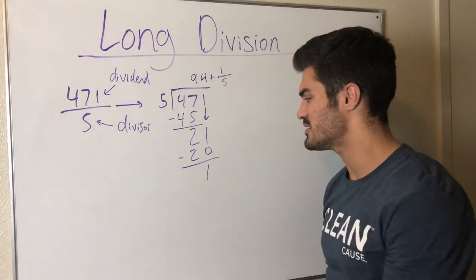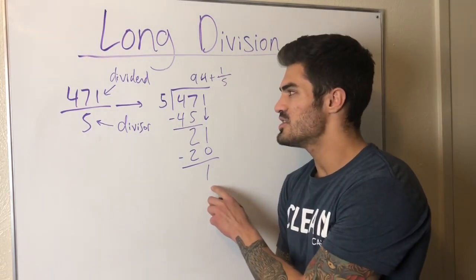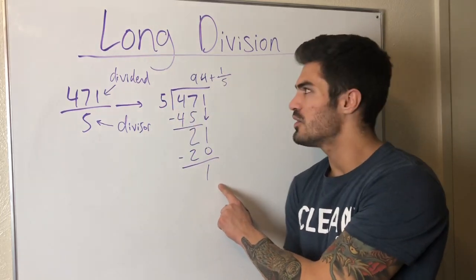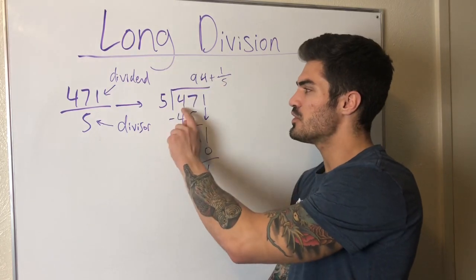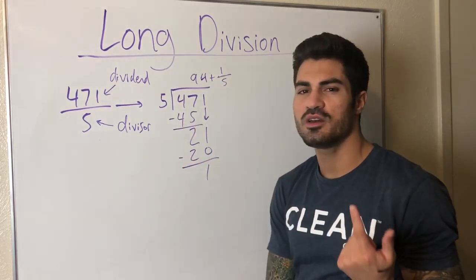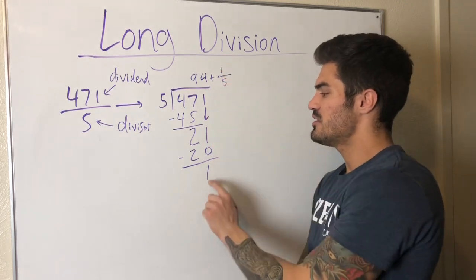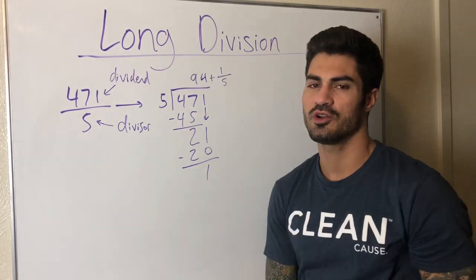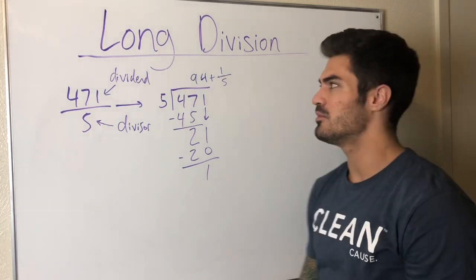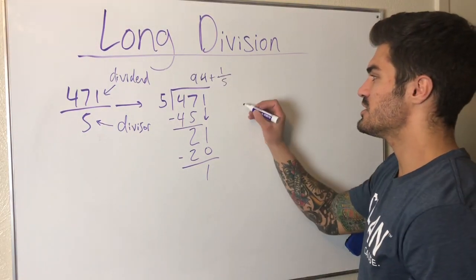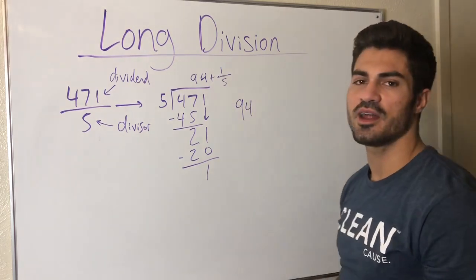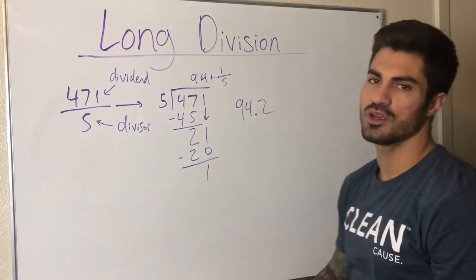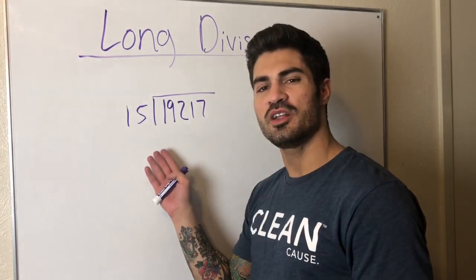And the reason this is like this is because we have this 1 that has not been divided by 5. Everything else has been divided by 5 except this 1, right? So basically 5 times 94 is 470, but we have that 1 left over. So it's always going to be that remainder over the divisor. And we're going to use this with polynomial long division. We're going to do that the same way. So if you really want to put this as just one number, you'd convert that fraction into a decimal. And if you punch this in your calculator, that is what you'll get. So checks out.